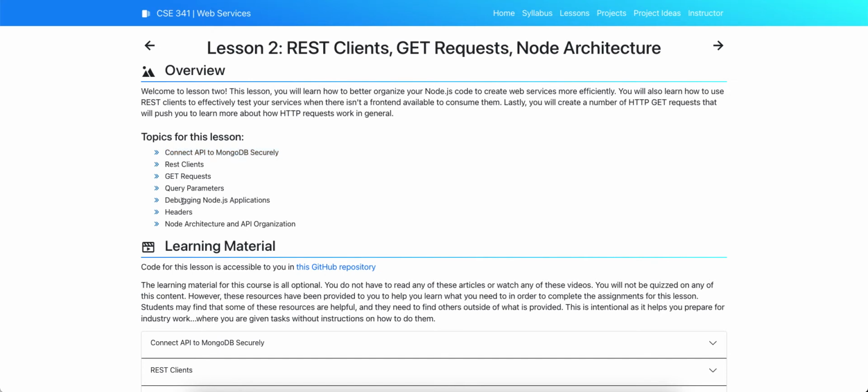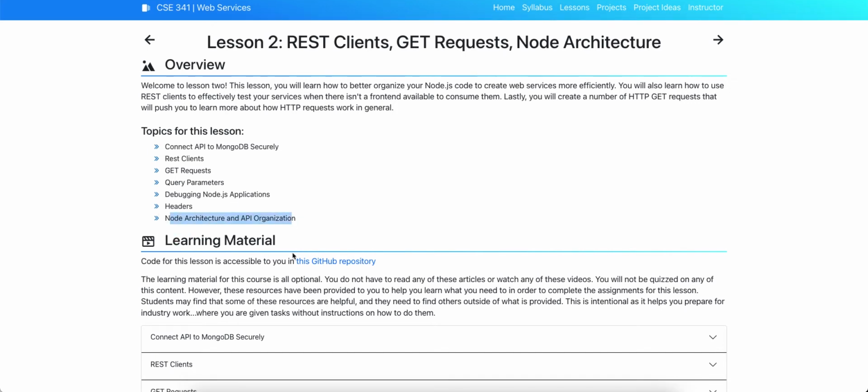Okay, we'll talk a little bit about how to debug a Node.js application, which is really helpful when you're writing a Node application, and then just a couple of tips about architecture and organization and stuff that'll help you